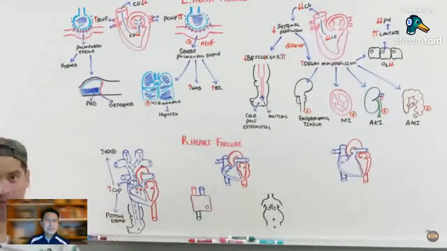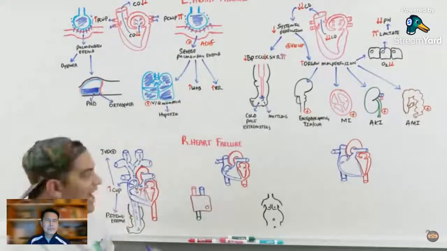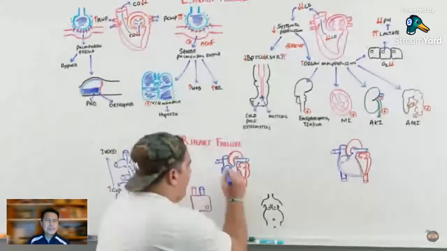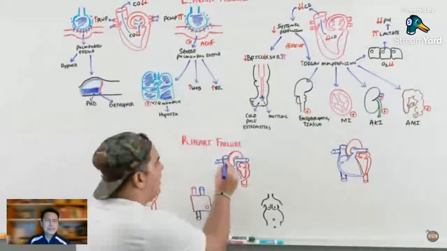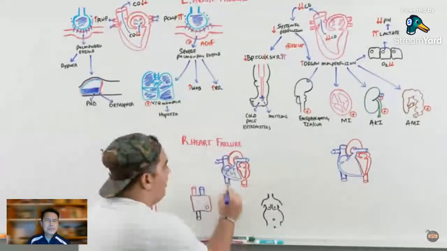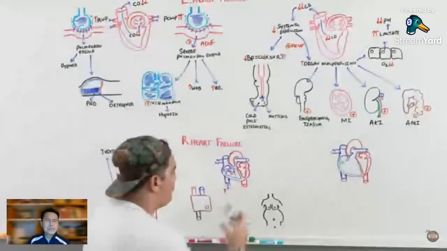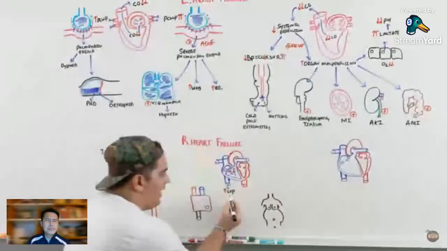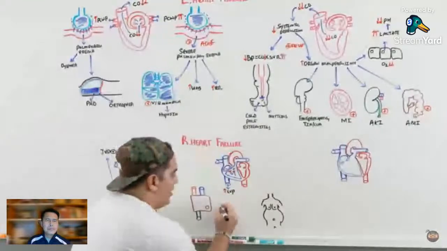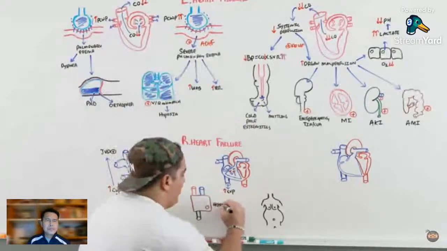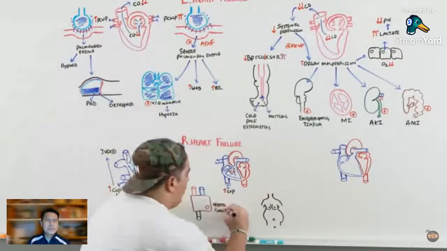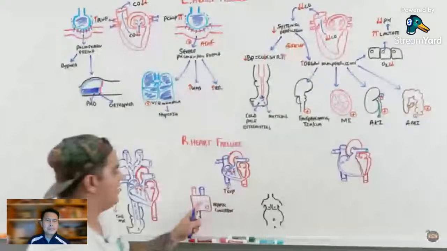Another common presentation, again, regardless of the type, whether it's a problem filling or problem getting out, the concept is the same, is that you have a very high central venous pressure. When your central venous pressure is high, the blood is going to back up into the inferior vena cava. And what it does is it causes one particular problem, which it leads to hepatic congestion. So you know the liver, I'm kind of zooming in on a basic model of the liver. Let's say this is a liver cell. This is an artery. This is the hepatic veins, which